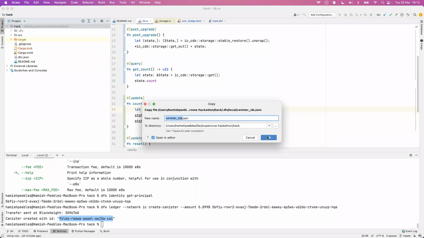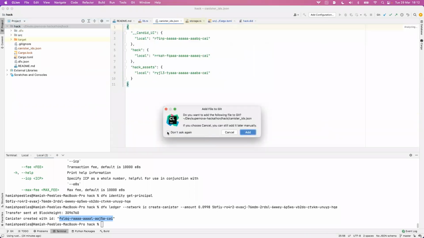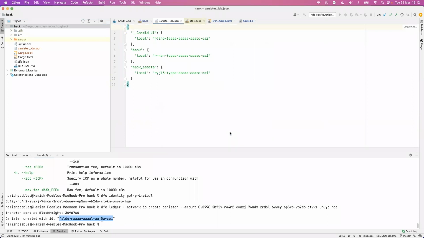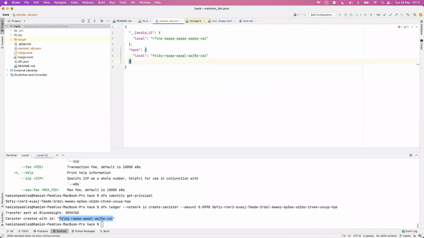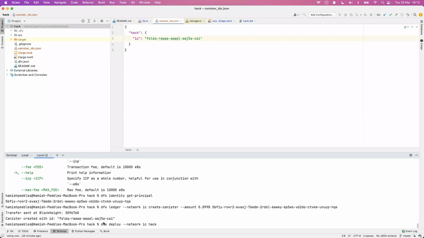So what we can do now is copy the canister IDs JSON, and then put the canister we've just created in here. We don't need any of these other ones. And we need to change that from being local to being IC. So now we do a dfx deploy network IC hack